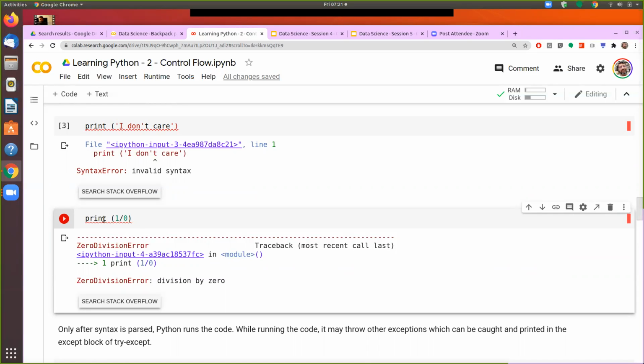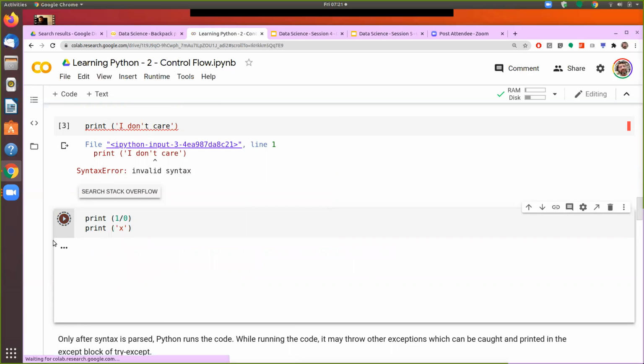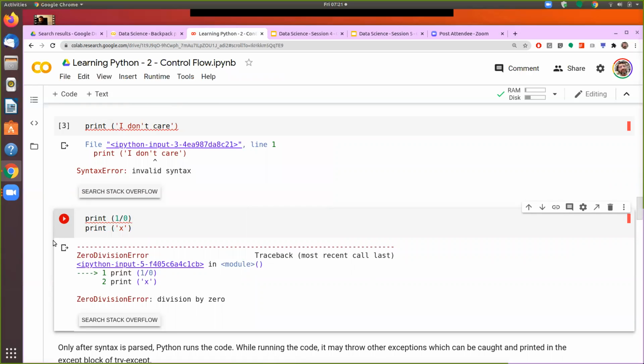So for example, here, if I am giving another command, print x, since it is encountering an error in the first line, it will not even execute the second line. But if I want to continue running the program, then I have to handle these exceptions. If there are unhandled exceptions, the program will come to a halt there.